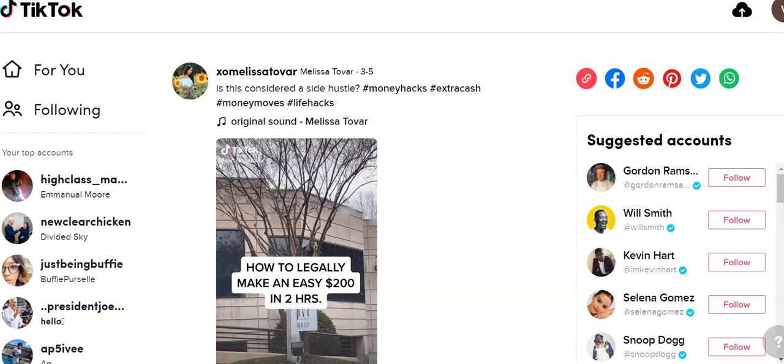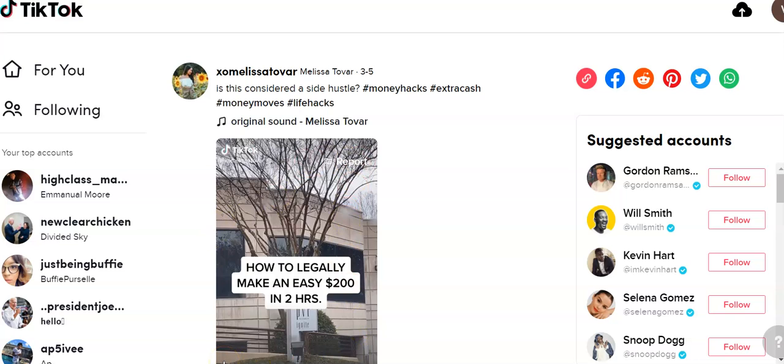Okay, so let's begin learning how we're going to use TikToks to advertise for your business. If you haven't already done so, you can go to TikTok.com on your PC, or better yet, you can go to Google Play or the Apple Store, depending if you have an Android or an iPhone, and you can download the app for free. Once you have created a video, you can then upload the video and it will appear